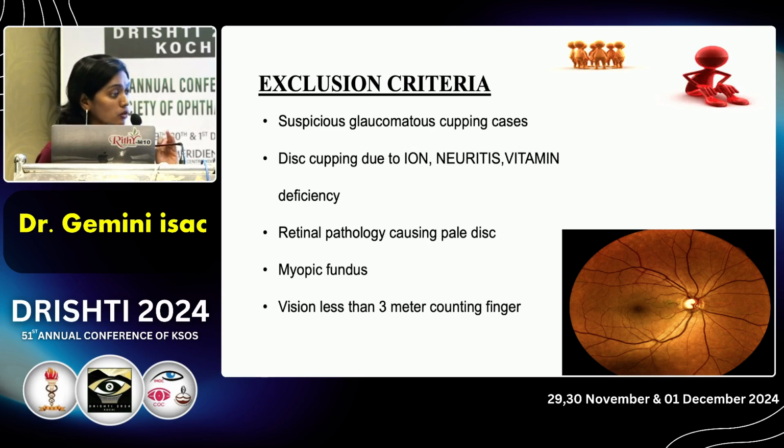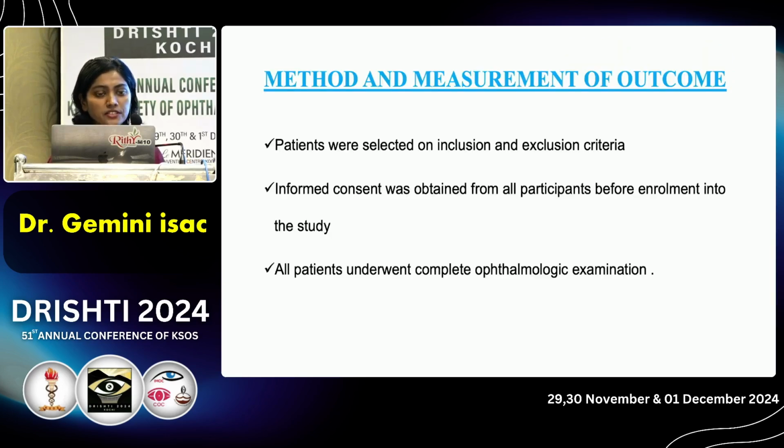We excluded all the suspicious cases of glaucoma and other neuro-ophthalmological confounders which can cause cupping, like optic neuritis and ischemic optic neuropathy, retinal causes for pale disc, myopic fundus, and poor vision, which will prevent us from taking good fields. All patients were selected based upon inclusion and exclusion criteria, and we took informed consent from